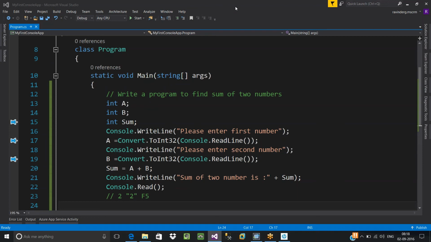ReadKey reads a single character, but if you need to play around with ASCII characters, for example if you need to write some logic based on ASCII characters, then Console.Read will be useful. There you cannot use ReadKey. But to hold your window, we are just holding that window, so you can write either ReadKey or Read. Both will do that operation.